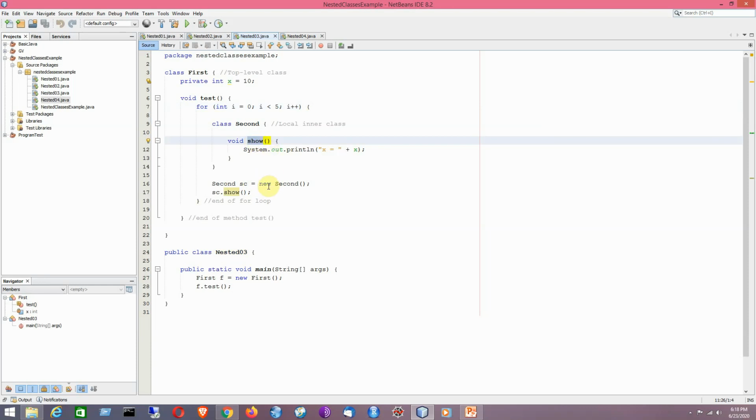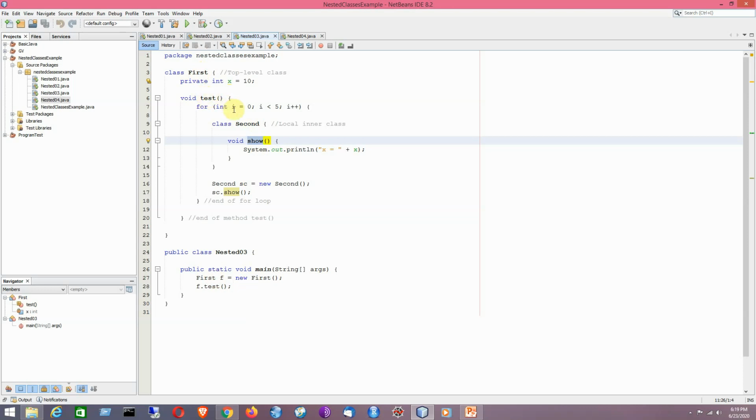So I have created an object of the class named second, and from this particular method named test I have tried to access the method show, which is basically a member of the class named second. Now I will be creating an object of the class fast, that is the top level class. By creating an object of the class fast, I can call the method test, within which I have placed a loop.